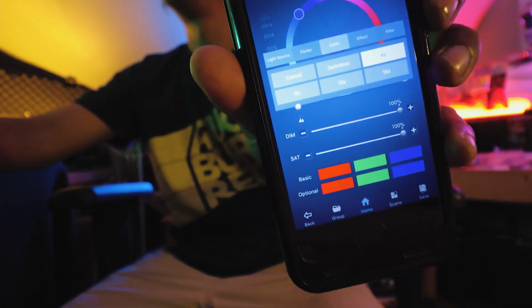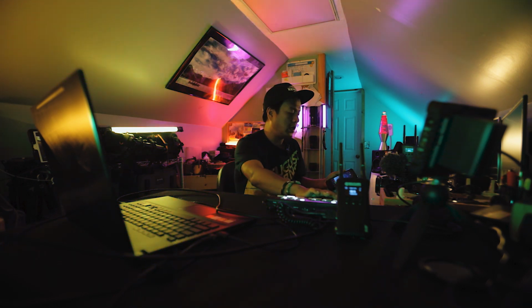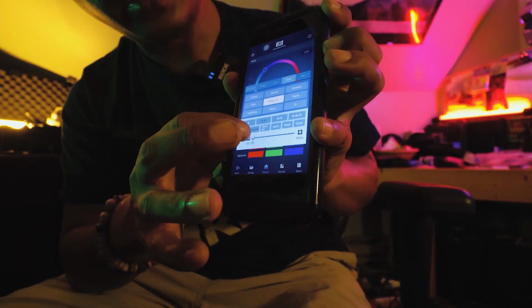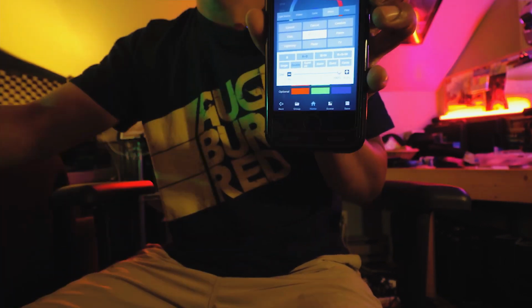That's a 4-second cycle. When you have police cars, let's say police cars, I will choose red and blue, and dim is 100%. So now we have